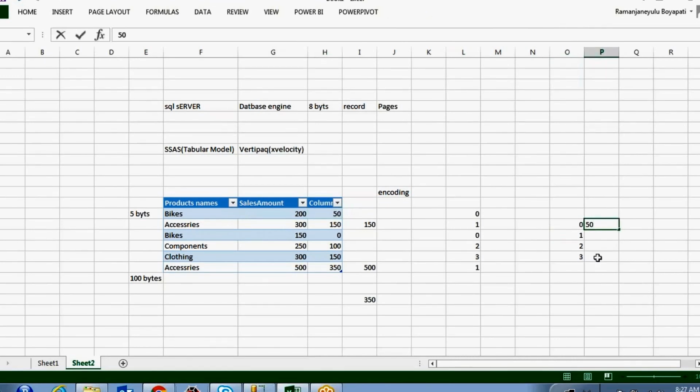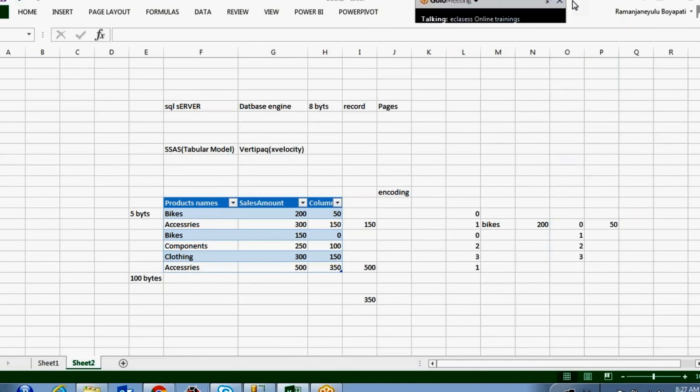So when you want to see a particular bike and its sales amount, 0 means bikes, and the 50 is added to 150, the minimum value, so you get bikes and 200. This is the decoding process, how it decodes the values when displaying them to you, because the way it stores the data is in this format.